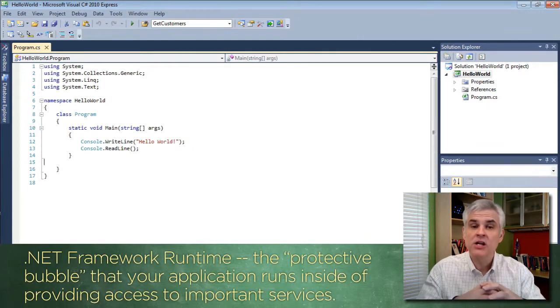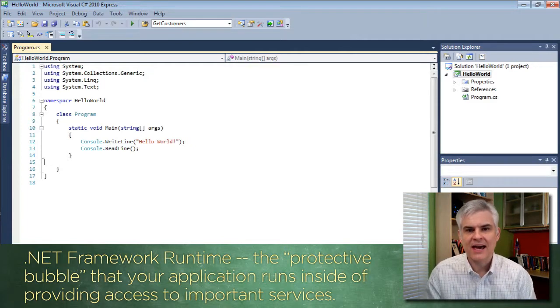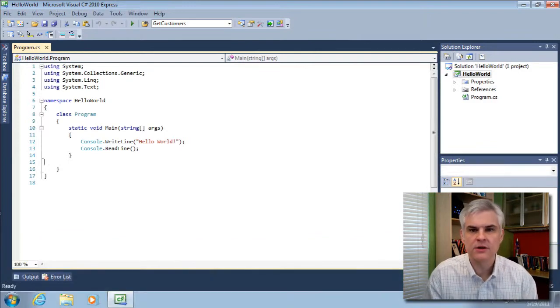The runtime takes care of low-level details like managing how the data in your application is moved into and out of memory, and other similar functionality that prevents your application from accidentally crashing somebody's computer. Okay? It also helps out by giving you access to that code library that we spoke about just a moment ago, the class library. You can make use of that library of code that's been written by Microsoft to take care of low-level details like displaying data to the screen, moving data from one computer to another, working with dates and time,